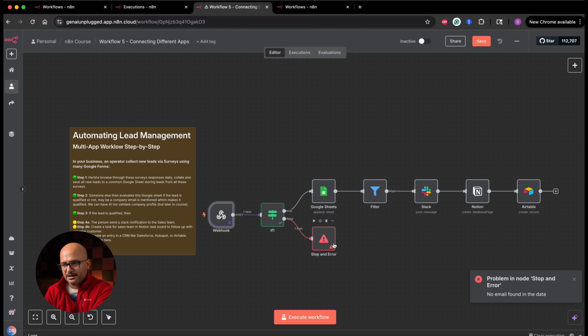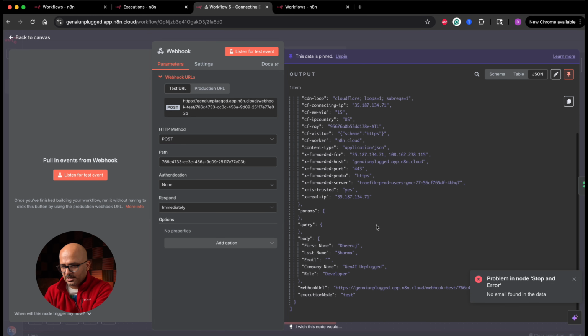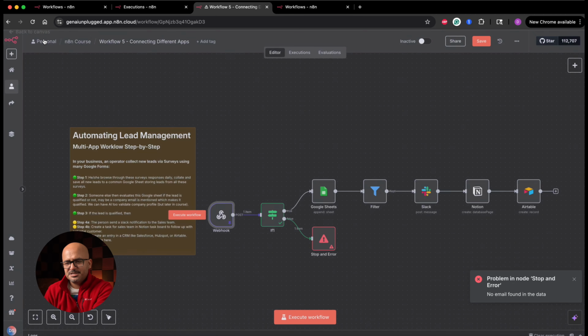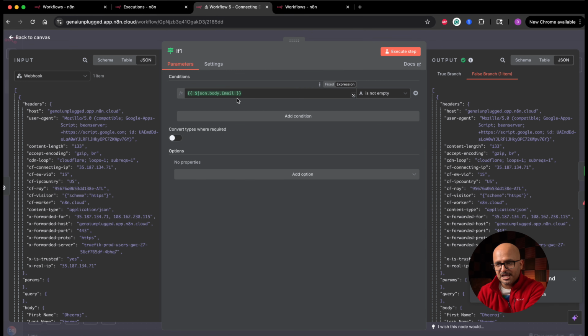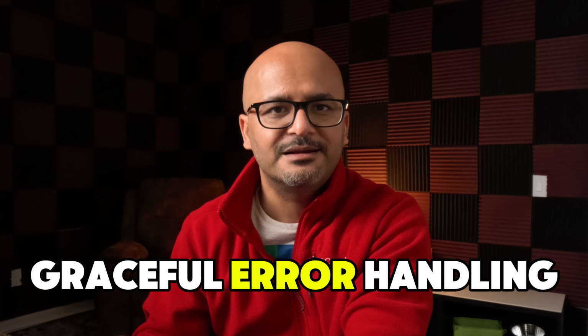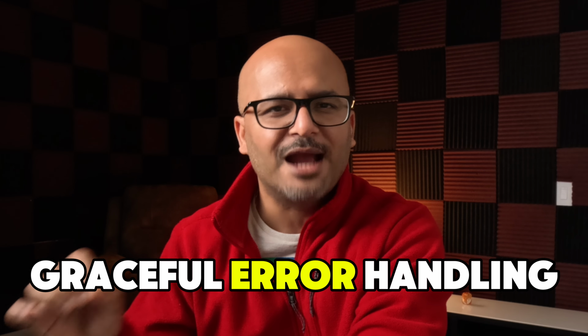So you can see that the error has occurred over here. Now if we inspect this data, you can see that email was not mentioned. In fact, this is basically a graceful way of handling the error as well, because here we are checking for the email presence or not. If there is presence, then only we are executing this workflow. Otherwise, we are using this stop and error node. We're going to talk about what this is in the later lessons of this course. However, over here we are gracefully raising an error that no email was found,